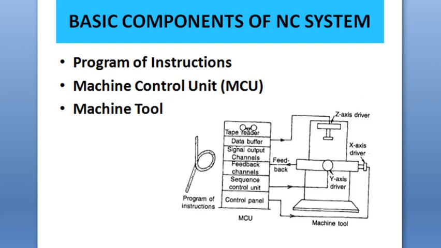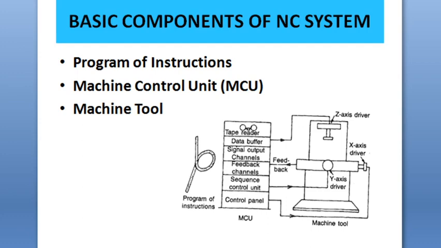These are the basic components of an NC system: program of instructions, machine control unit and machine tool. The program of instructions tells the machine what to do. It has detailed step-by-step instructions. Then the machine control unit has 6 subcomponents: tape reader, data buffer, signal output channels, feedback channels, sequence control unit,